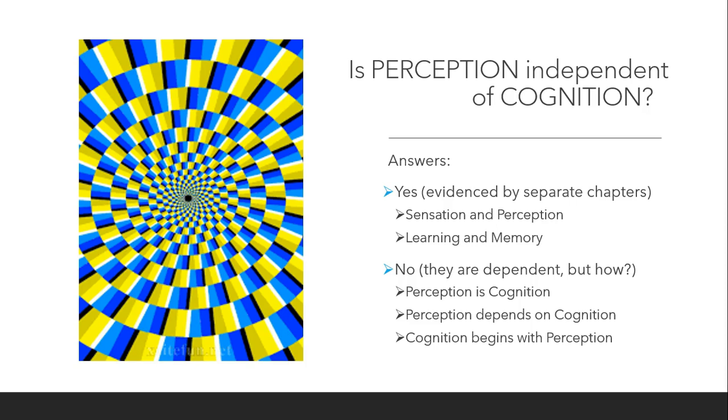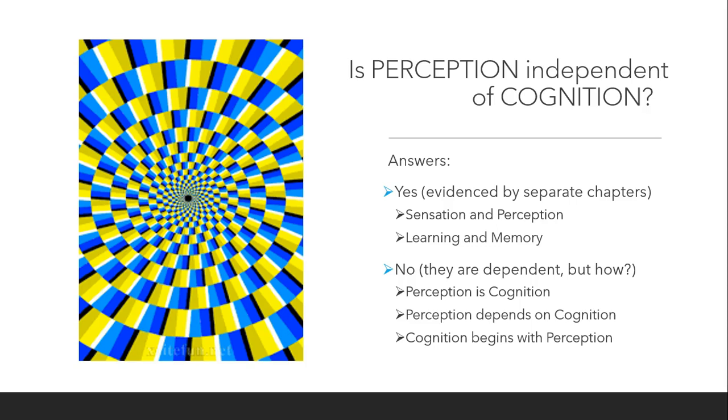If we take a look again at the organization of the textbook, let's consider two examples. The first is the division between sensation and perception, sometimes separate chapters, other times grouped together. Regardless of the number of chapters, sensation and perception have long been thought of as separate, whereby sensation happens first and perception follows. Thus, perception depends on sensation, but sensation is a separate, distinct, independent process. We'll discuss this further and critique this notion later on in the semester.